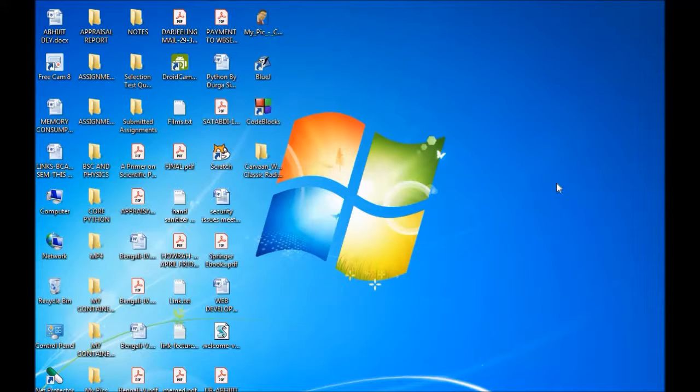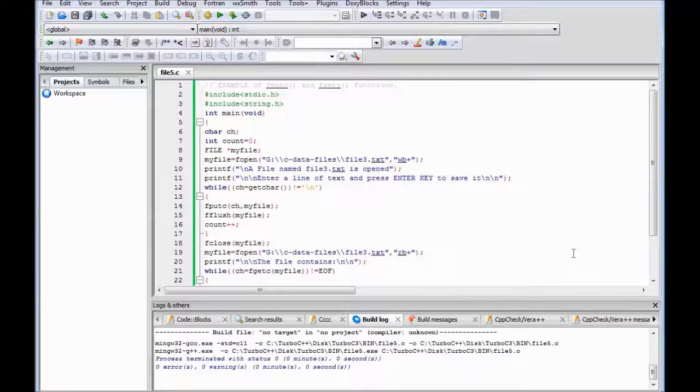Already we have seen the use of putc and getc macros, where putc is used to write one character at a time to a file and getc is used to read one character at a time from a file. Today I'll show you one example where instead of using putc and getc, we'll use fputc and fgetc, these two